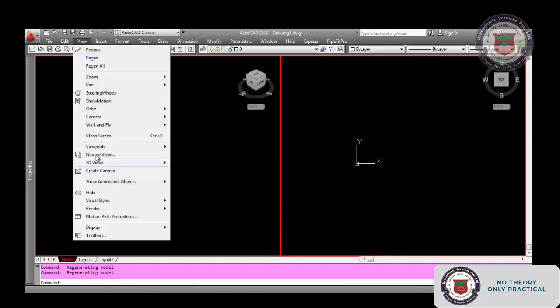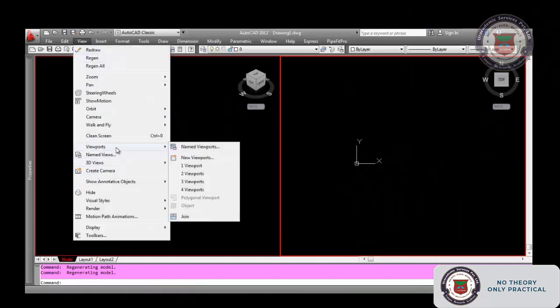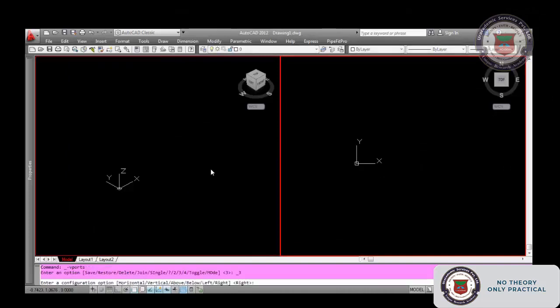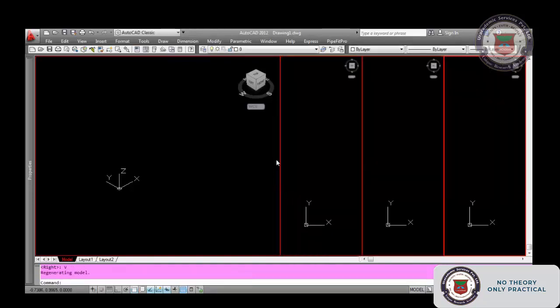For example, you can go to the viewports and select 3. It will give you horizontal, vertical, something like that. However many viewports you need, you can. But if you make a lot of viewports, we will not get better resolution and better viewing. So normally we will have 2 or 3, that will be good.